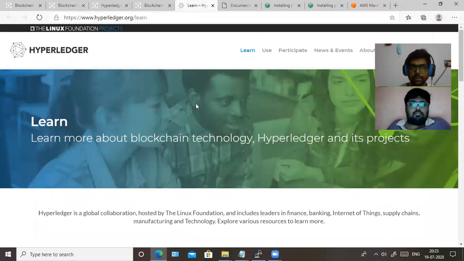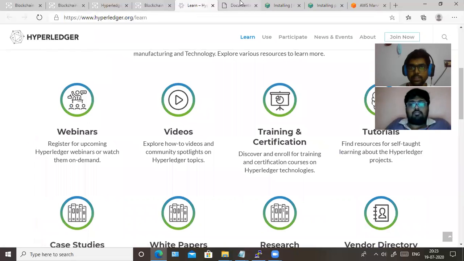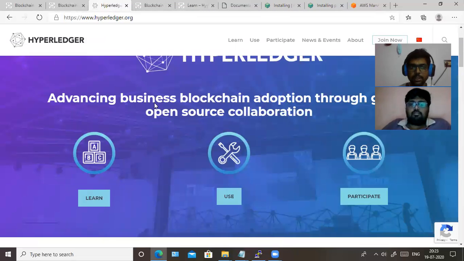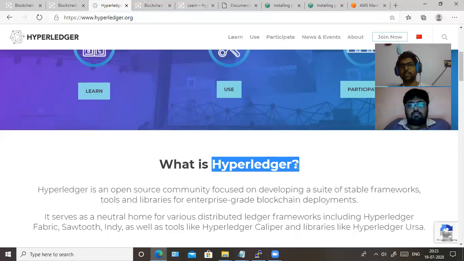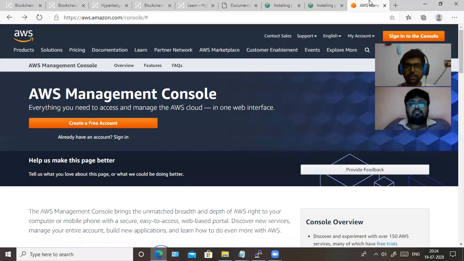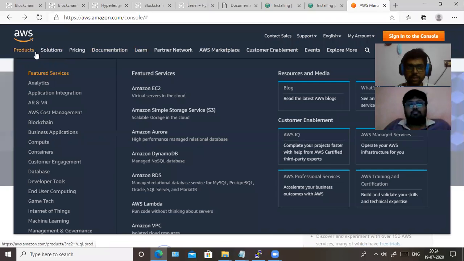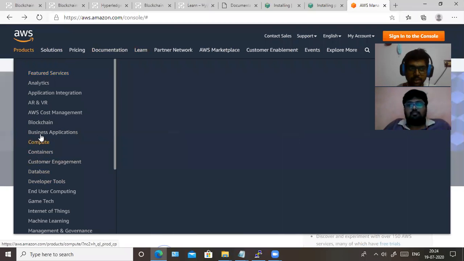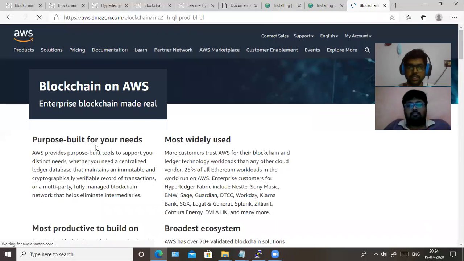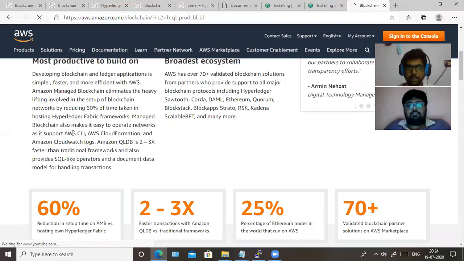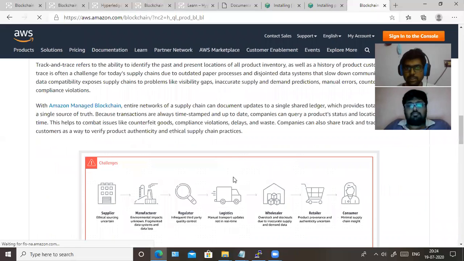Now we're going to see how we understand Hyperledger. The Hyperledger product is used to develop blockchains. For example, if I go to AWS, search for products, and check blockchain, I can see what Amazon has used to create its blockchain technology.